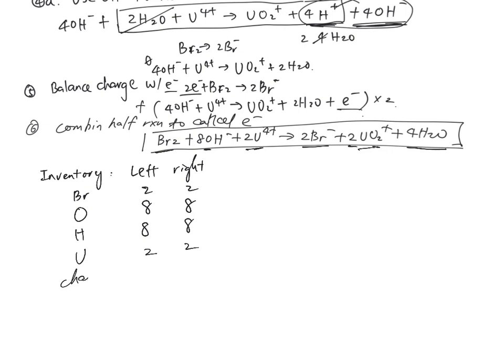And then the last thing, the charge. On the left side, 0, negative 8, plus 8. Total of 0 charge here. On the right side, negative 2, plus 2, 0, so 0 charge there. So this is a good, balanced